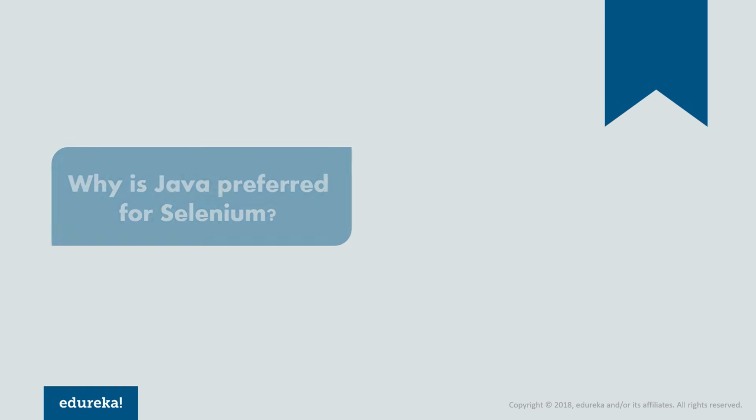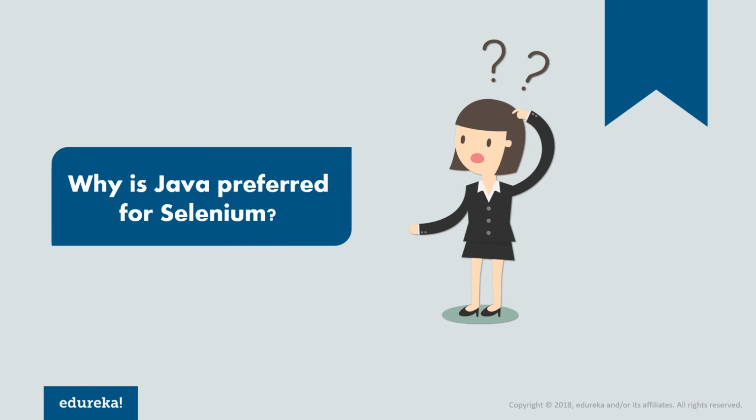What is the USP of Java? If not for Selenium, generally speaking, what is the USP? What is the specialty of Java? See, when Java came into existence, when it was created, one of the major reasons it came was to have a programming language that was architecture neutral, which was platform independent, did not depend on any particular platform.